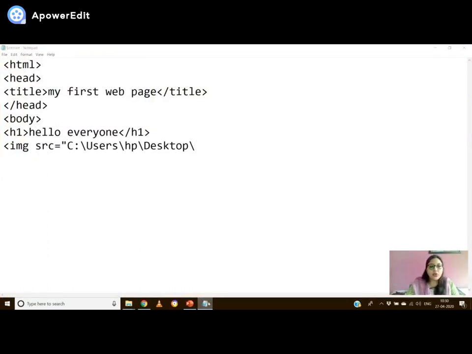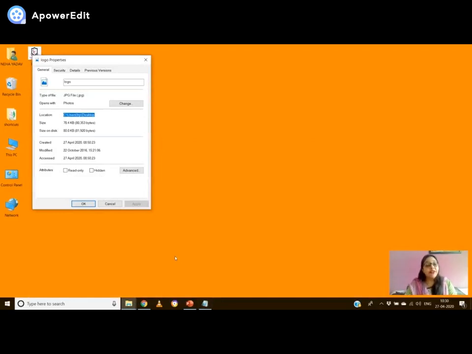Now I'll put one backward slash again. Then I'm going to mention the image. Suppose I have 100 images and I'm not mentioning their name. Then how will the browser come to know? See, computer has zero IQ. So you have to tell everything to your computer, right? So next I'm going to write the name. The name is displayed here. This is logo.